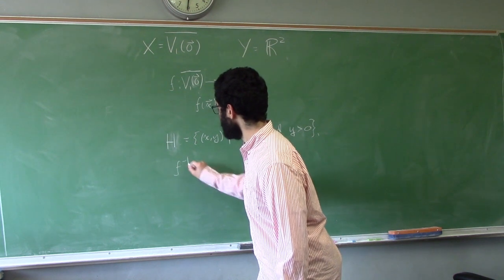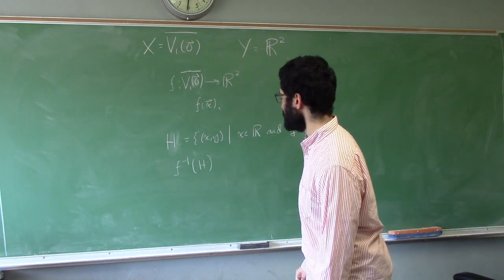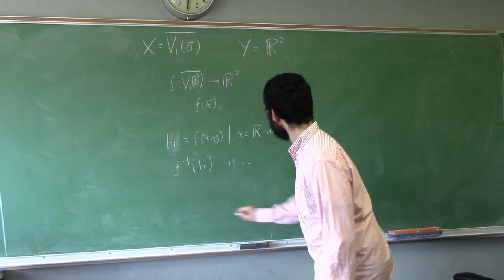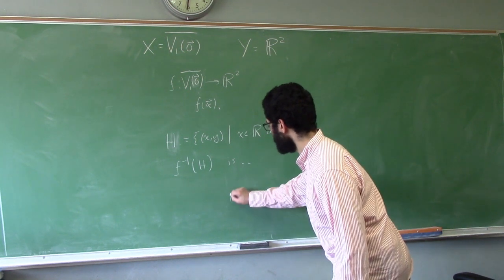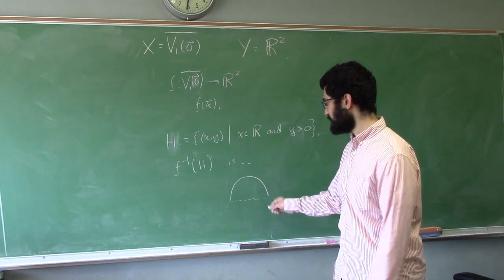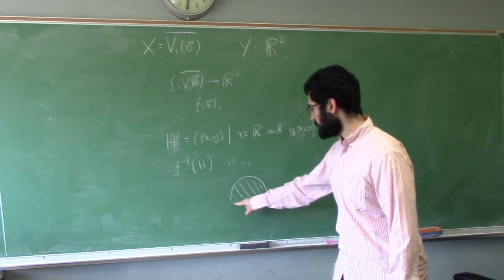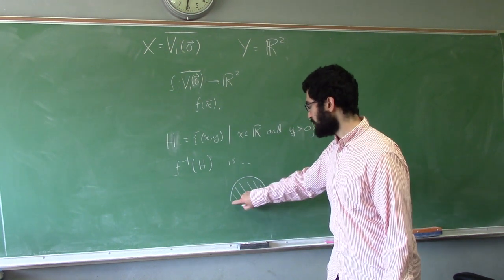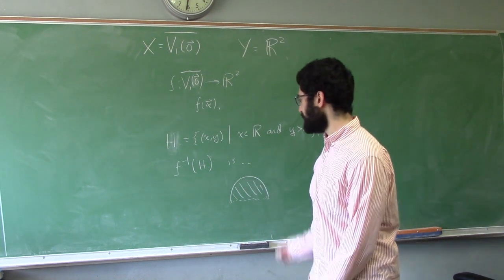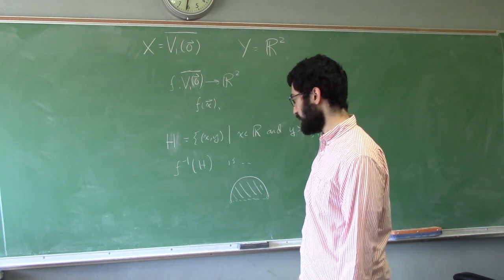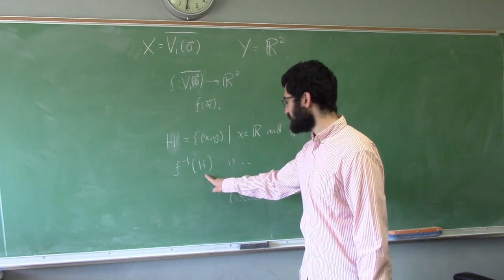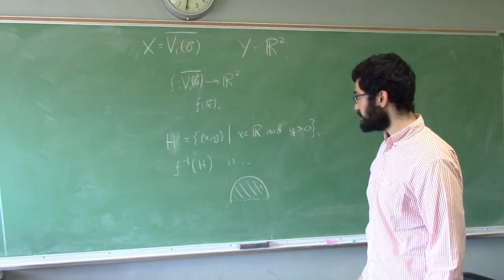And what's the preimage of the upper half plane under F? It's going to be half of a closed unit disk, not including the boundary on the bottom, but including the arc on the top. Now, this doesn't look like it's open, nor does it look like it's a closed set in R2. So what gives? We're taking the preimage of an open set, and it doesn't seem to be open. Well, it's not open in R2,